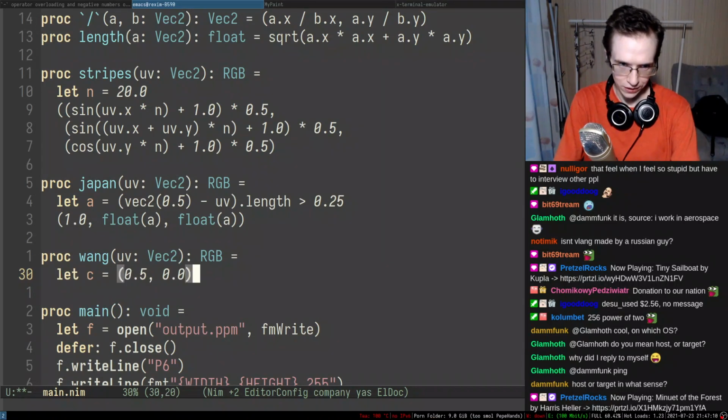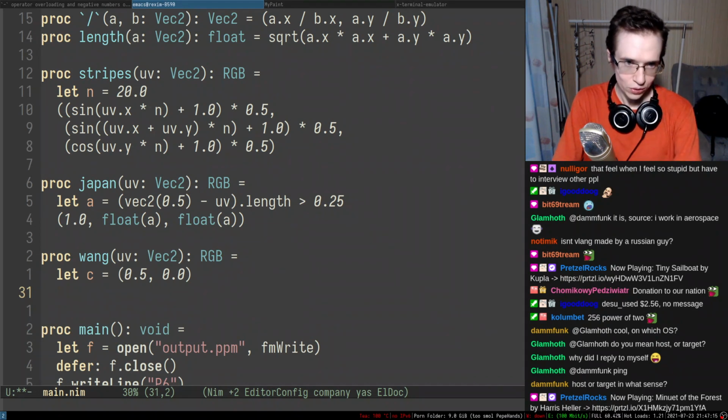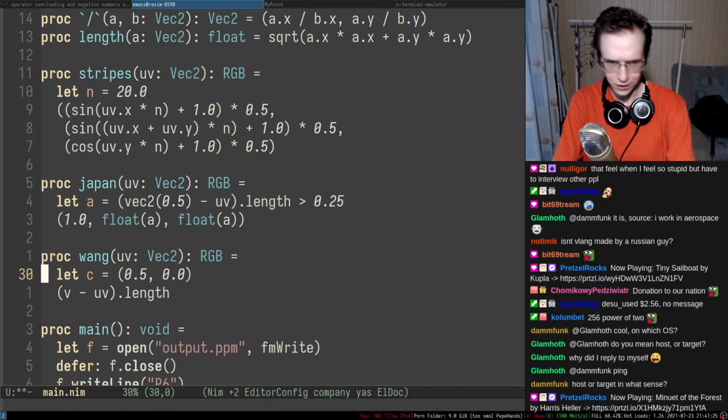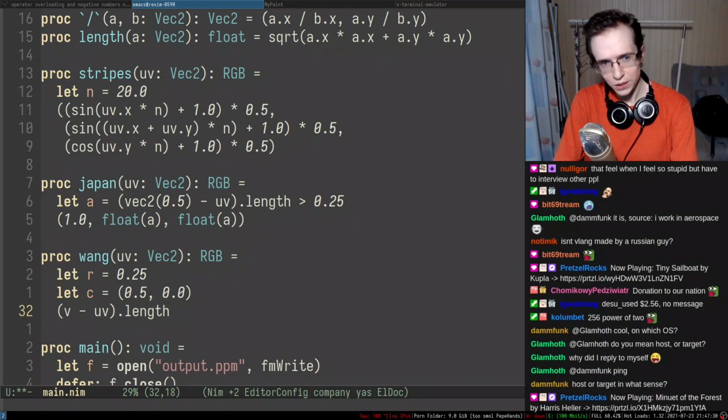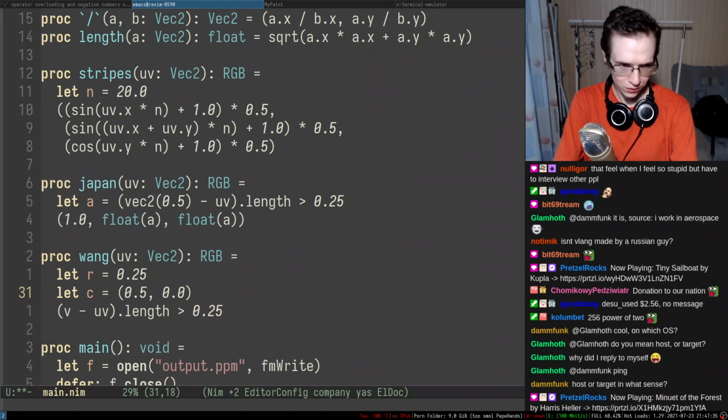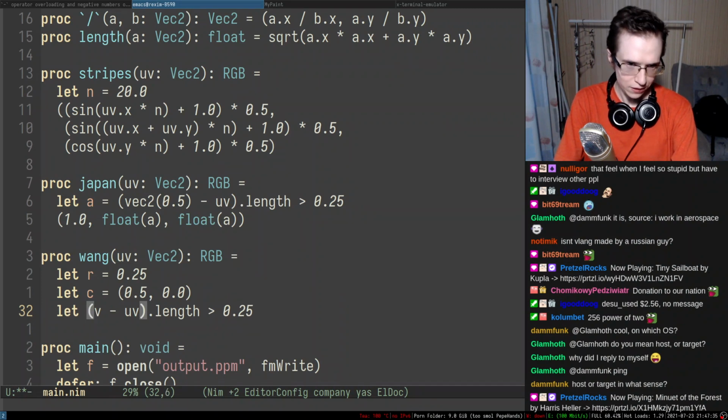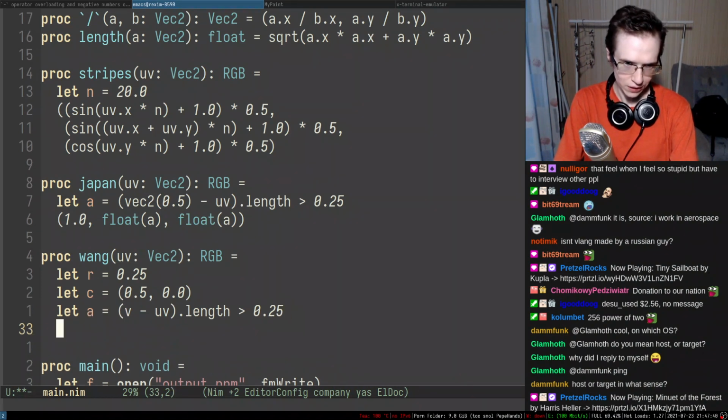Then we can take that thing and subtract UV, take the length, and the radius, which is going to be used for all of the 4 circles, is going to be greater than 25, and that way we can use this thing like so.